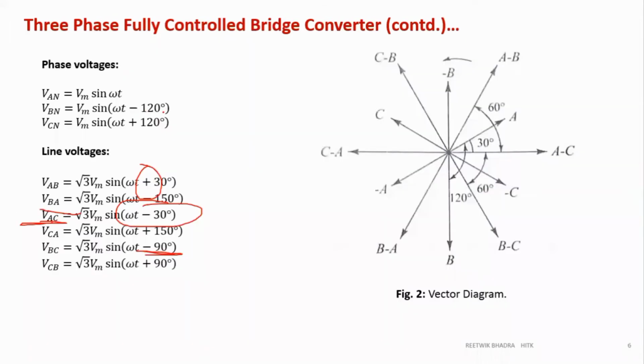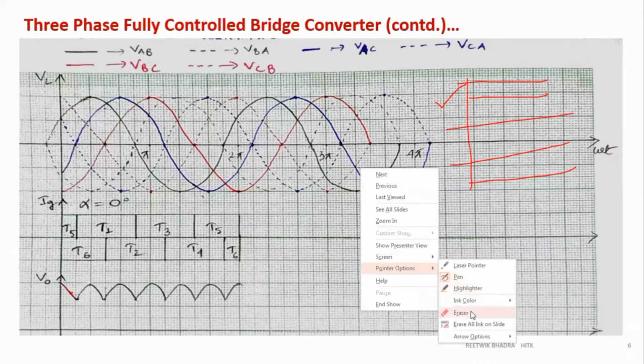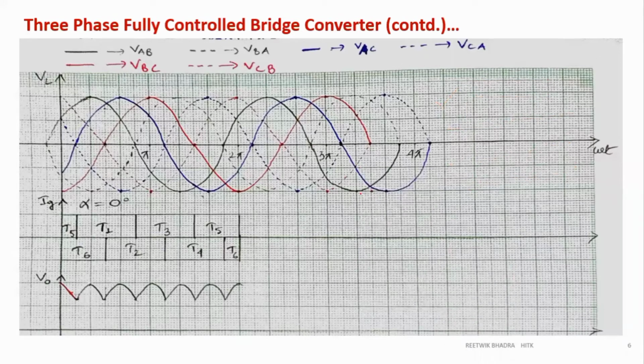For drawing phase voltages, you can find the triangle method. You can look on the internet, YouTube and everything. But drawing line voltages, you can't do by the triangle method. You have to draw it like this only. Or there is a method that is a little bit tough, where you draw the levels and so on. But I'd rather tell you to draw it like this because it is more logical to understand. Once you understand this, those methods are easy. We'll come to this later because I have drawn this on the next page also. So this is how you need to draw VL.